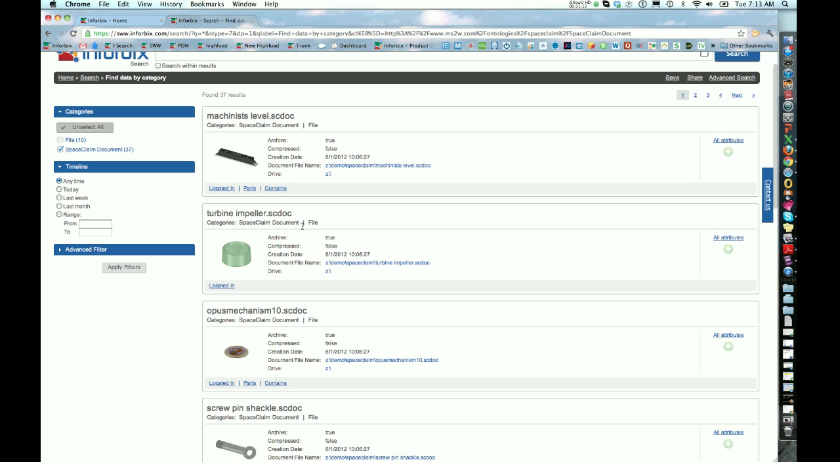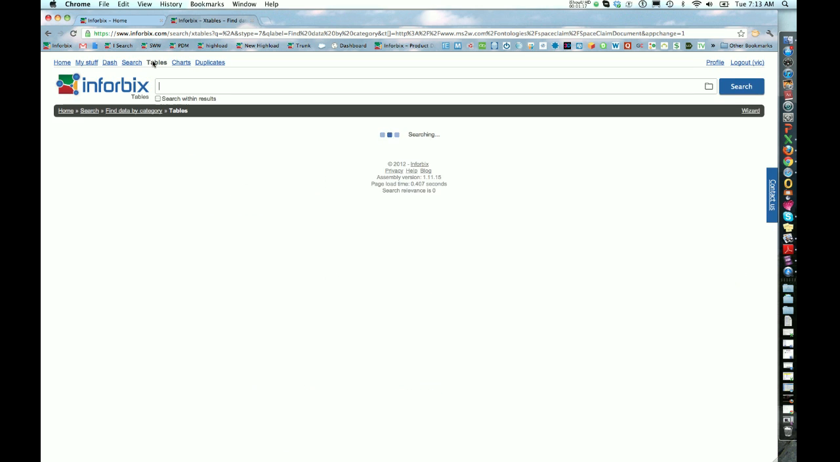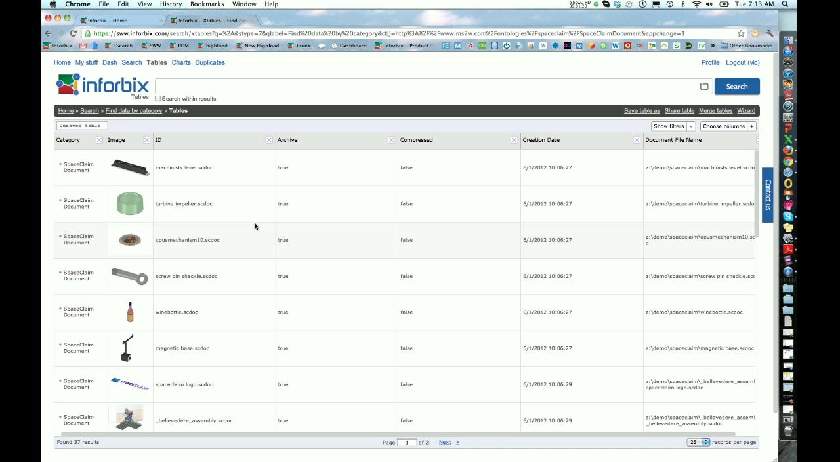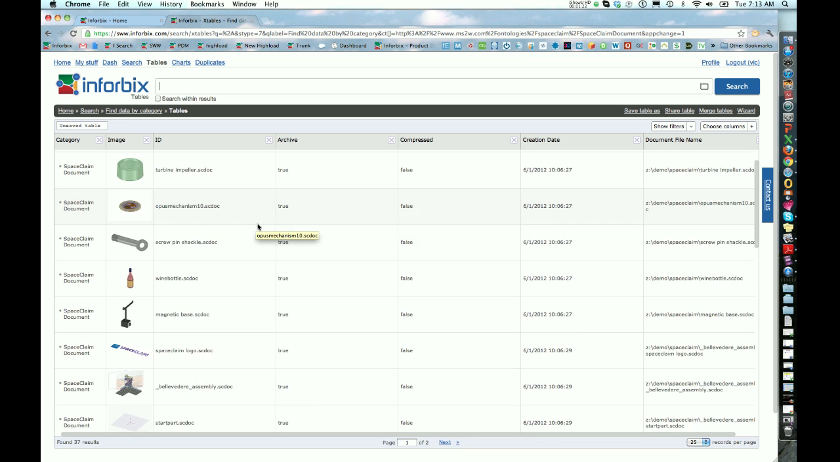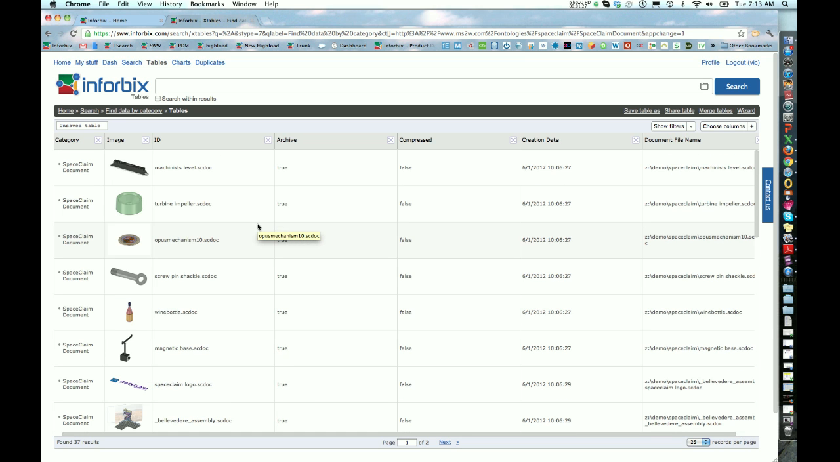By way of example, I'd like to show you how I can create a virtual report by clicking on tables of all these SpaceClaim documents. What I've done here is I've created a virtual report that's been automatically populated by Inforbix. What makes this virtual is that it's representing and aggregating all the SpaceClaim documents and any changes that might happen to them. And I will always be looking at the most current view of all these various SpaceClaim